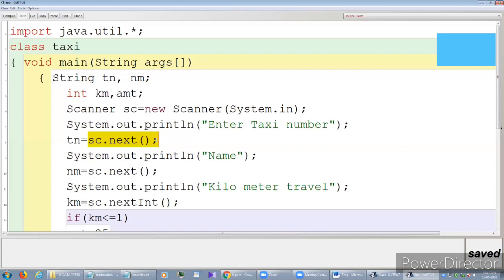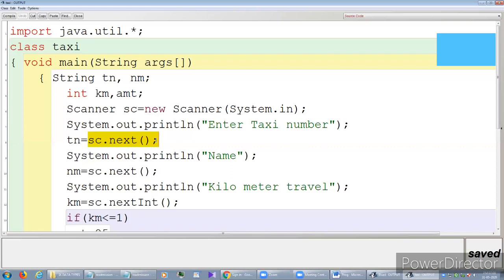So now we may accept different values, such as a string, a character, or an integer. The question is, in the Scanner class what are the different procedures to accept them? One more term is left, which is new.